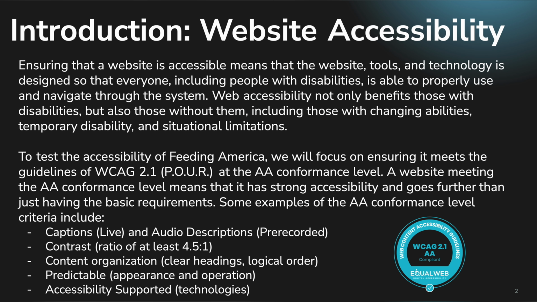So, an introduction to website accessibility. Ensuring that a website is accessible means that the website, tools, and technology are designed so that everyone, including people with disabilities, is able to properly use and navigate through the system. Web accessibility not only benefits those with disabilities, but also those without them, including those with changing abilities, temporary disability,